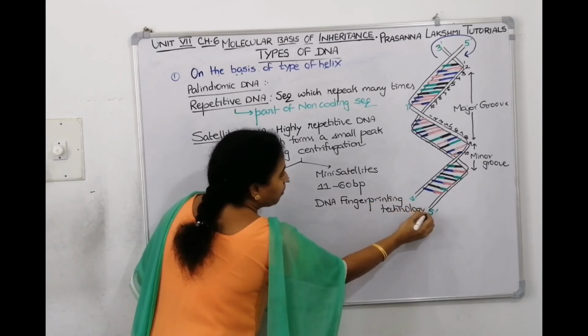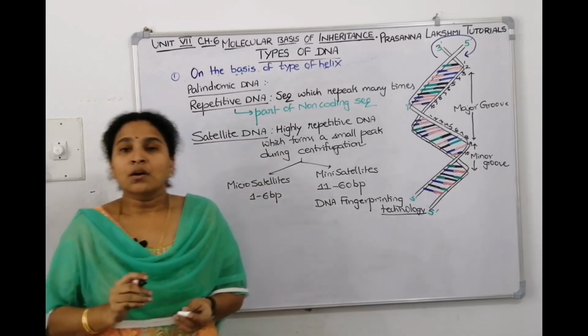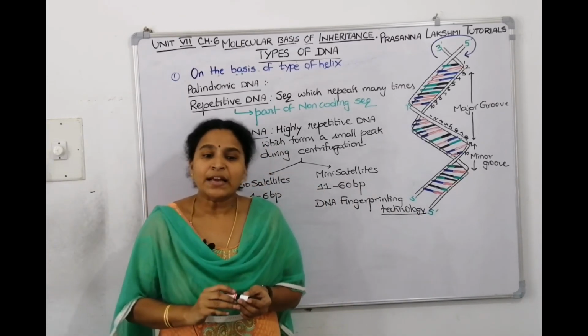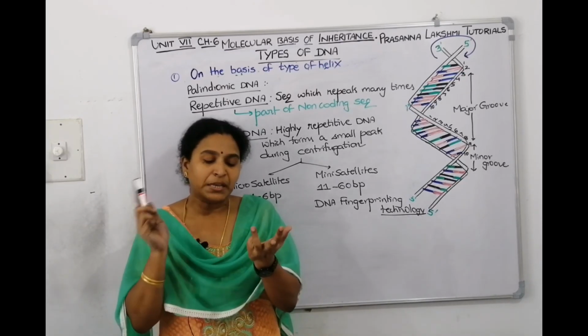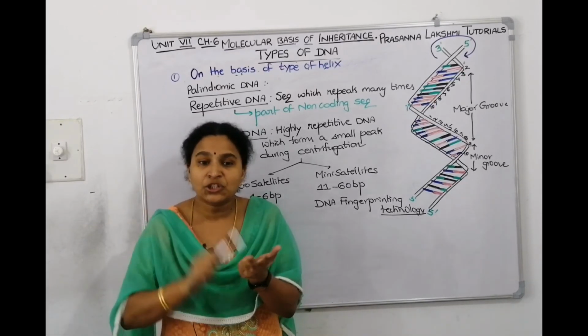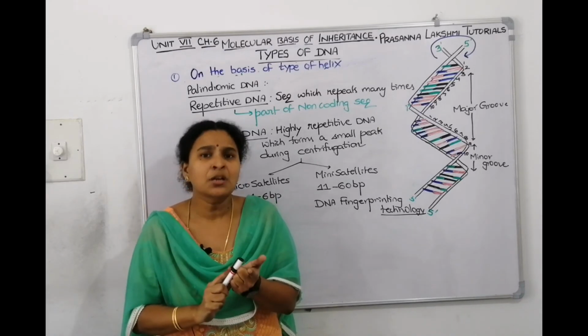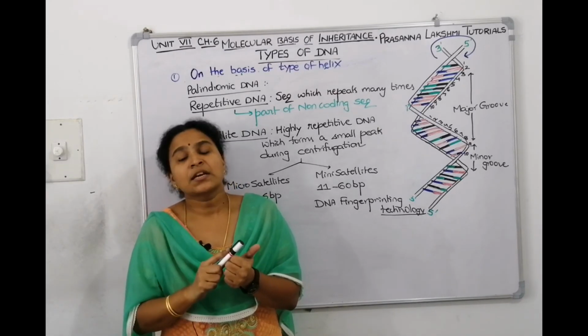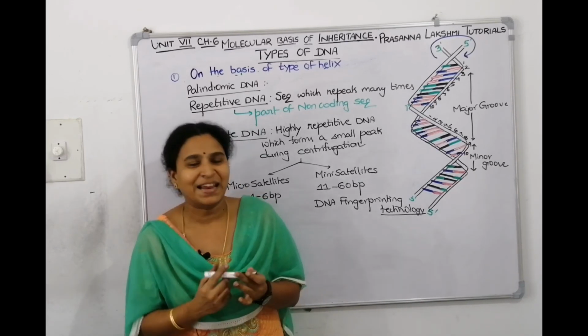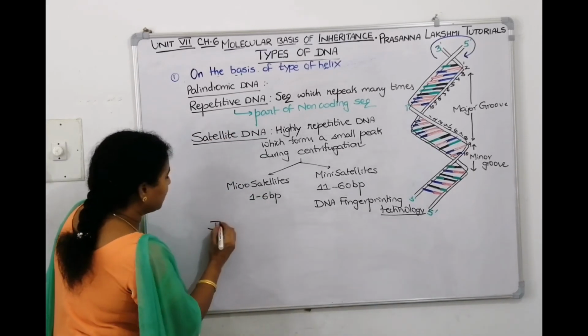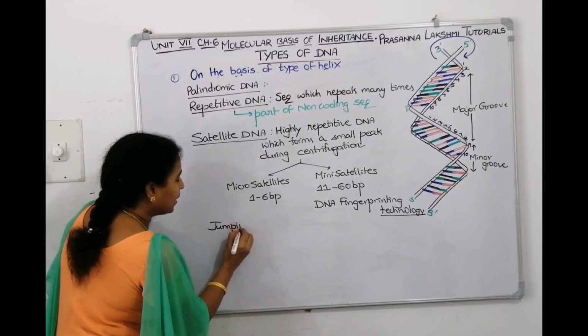So, hope you understood the lecture. What did I cover in this lecture? We covered everything related to the types of DNA. We have seen based on the strands, based on their shape, based on the genetic information, based on the type of helix, and we have seen palindromic DNA, satellite DNA, repeated DNA, and one more is there, jumping DNA. That also I forgot. We will see jumping DNA.